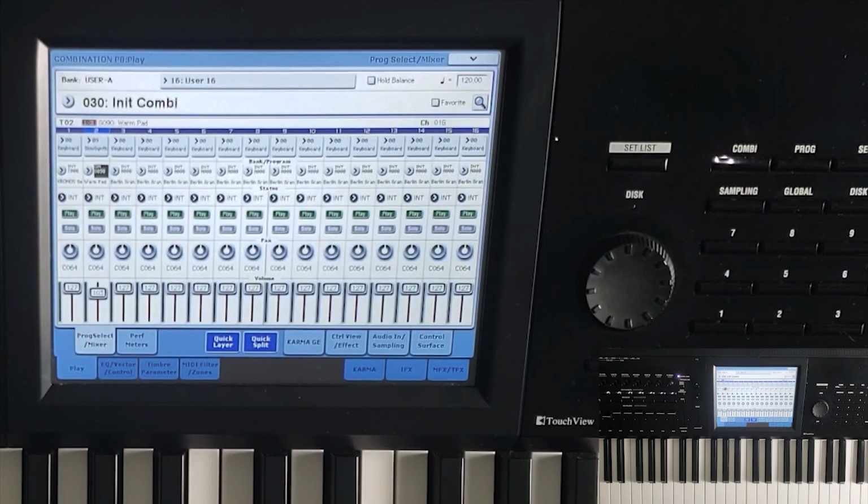So now we have a layer. Now what we're going to do is a split. A split and a layer are actually the same thing. The only difference is you're going to be setting your keyboard zones. So one plays on one side and one plays on another side, but it's still actually 2 voices. So I'm going to do a kind of traditional split that a lot of people do. I'm going to do my piano on my right side, and on my left side, I'm actually going to do